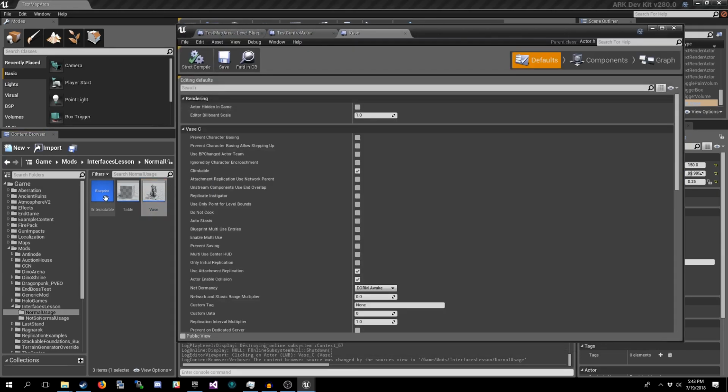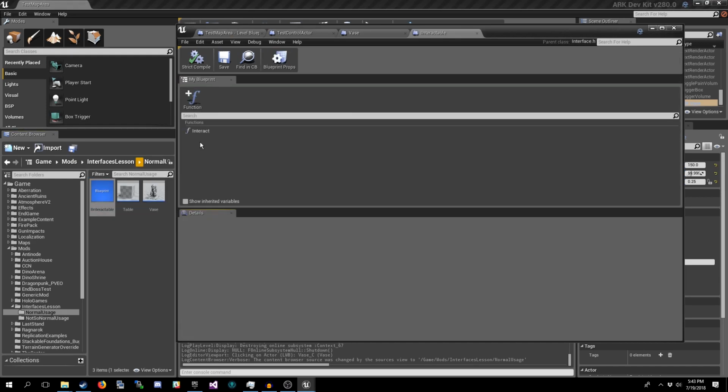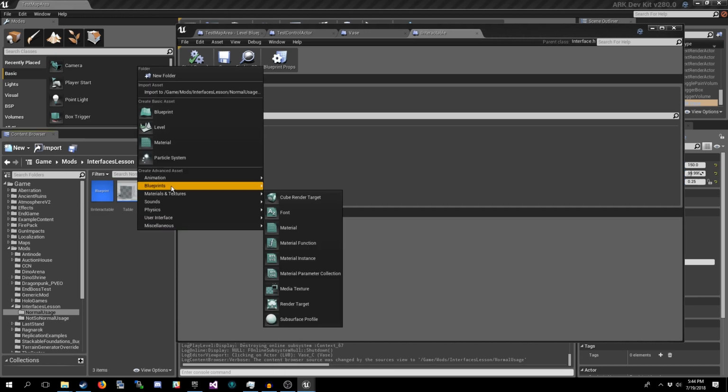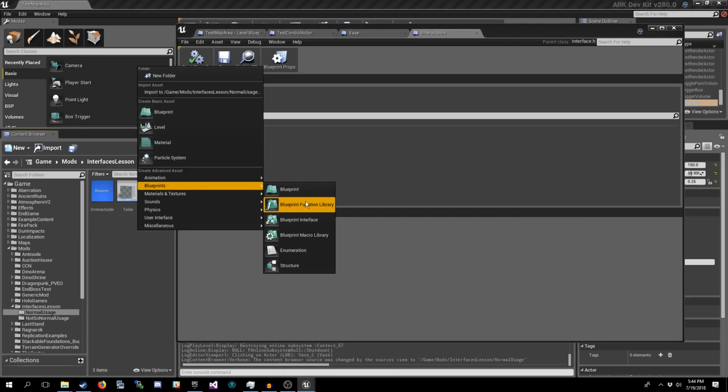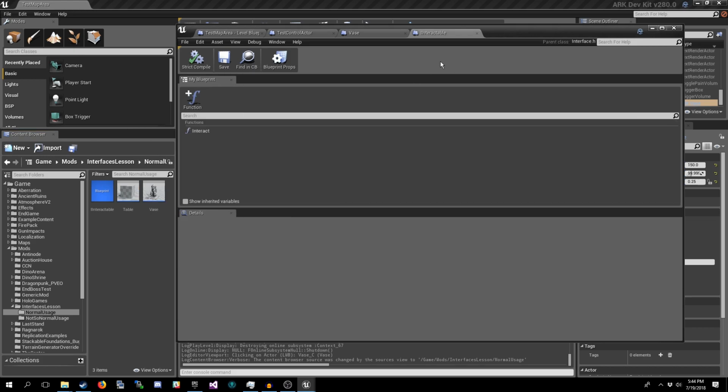And then there is also this iInteractable blueprint here. This is our interface blueprint. And to create an interface blueprint, what you do is you come down here into your content browser, you right-click, you go down here to blueprints, and you find blueprint interface. What that'll do is it'll generate this file.